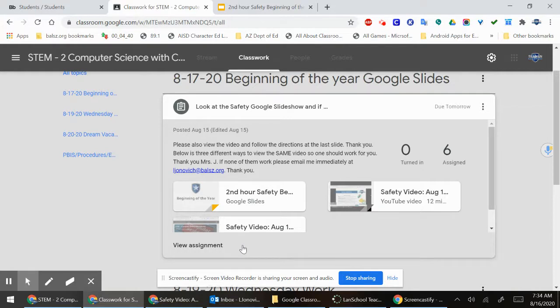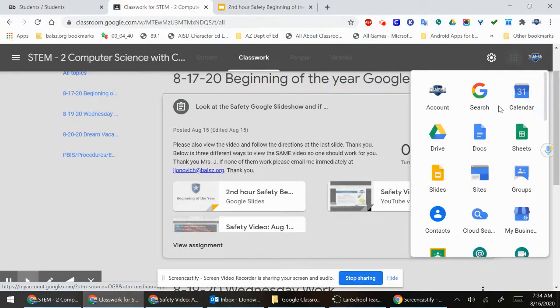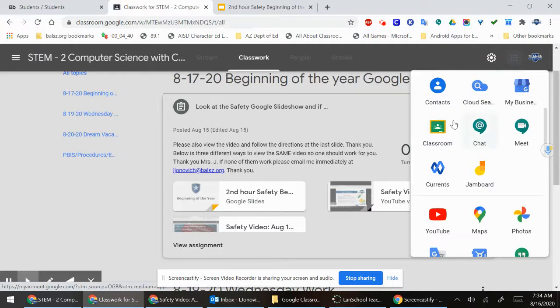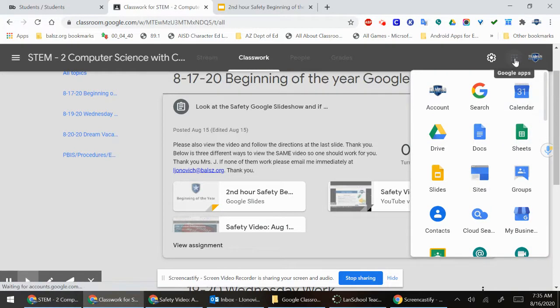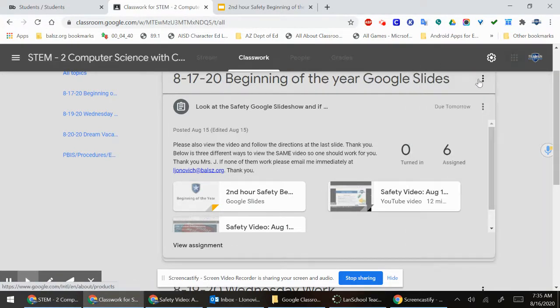You don't have to go back and forth out. You don't need to use the waffle over here. But that's where your Google apps are located as well as here. So you can also get to your classroom, your meets. Okay, we're not going to be using chat, but we're also going to be using Jamboard. So you might want to look at those. So there's 3 things: Google Classroom, Jamboard, and Google Meets. So remember, this is also inside your Google Classroom over here on the far right. All right,